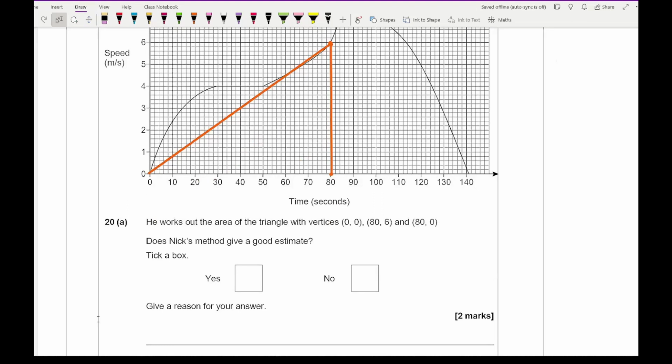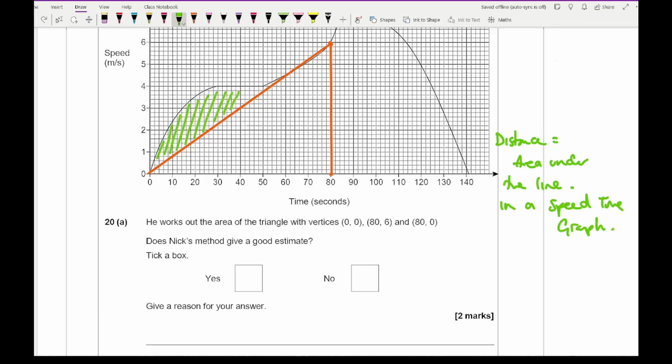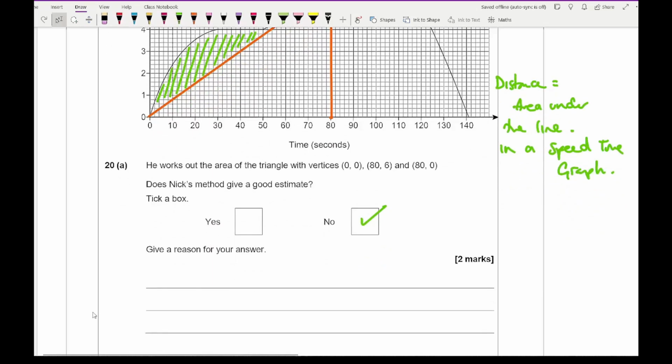Tick a box. So if you highlight the triangle that he's plotted by joining the vertices together, you can see that distance is basically the area under the line in a speed-time graph. So is this a good estimate? Well, the fact that you're working out the area of the triangle means that you're missing out this bit here. So I would go out on a limb and say that the answer is no, because